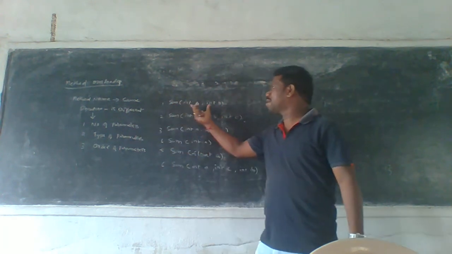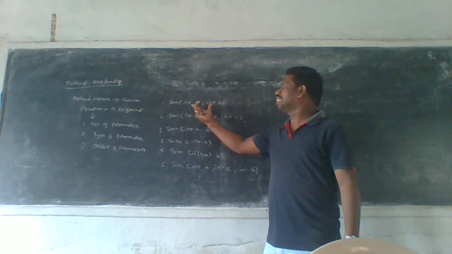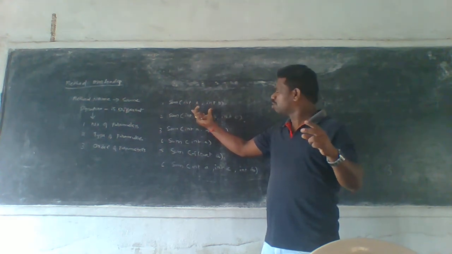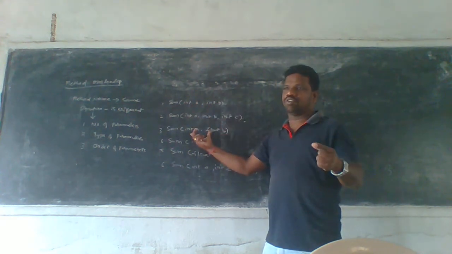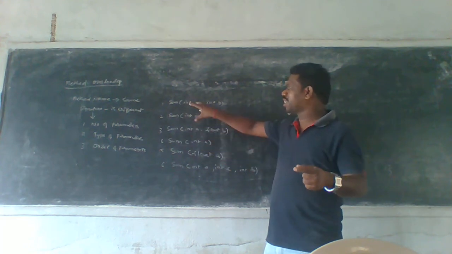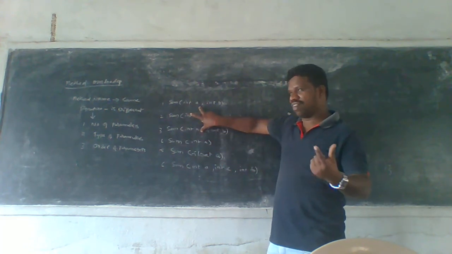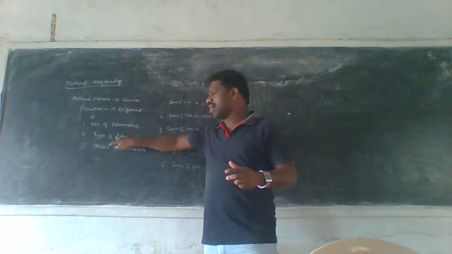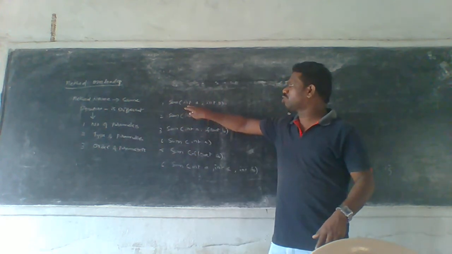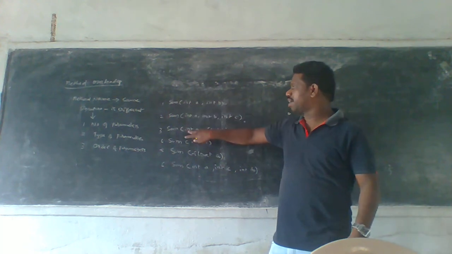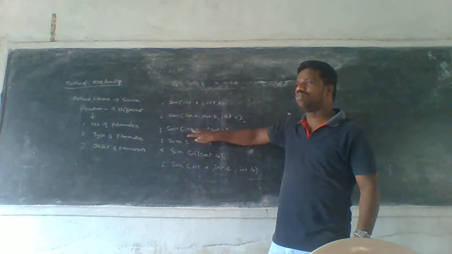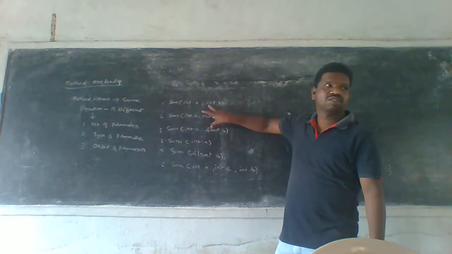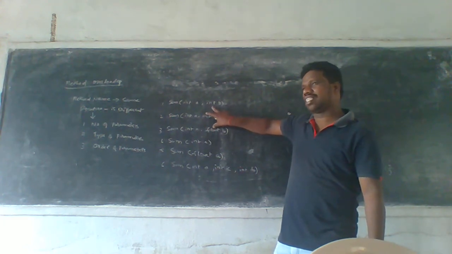For example, here I am representing int a, int b, so I am using two parameters. Here also are two parameters, but these parameters are different because of the second relation, type of parameters. These two are integer, but these two are int and float. That's why these two are different. So the signature is different, hence it is accepted.